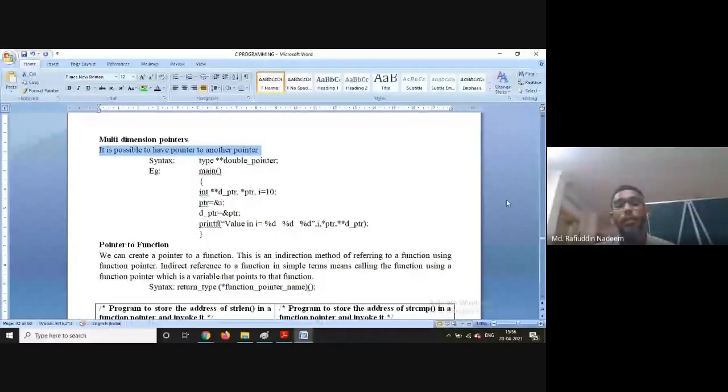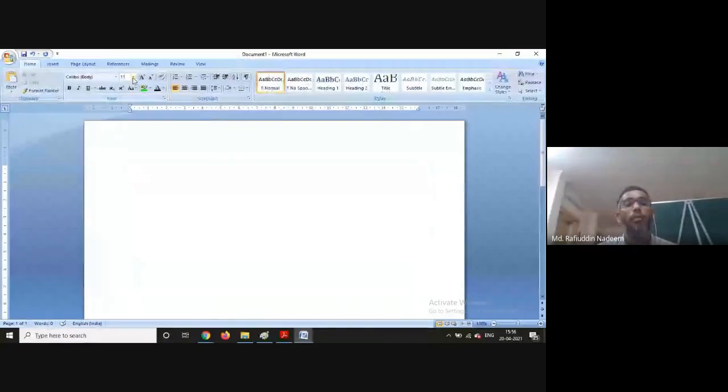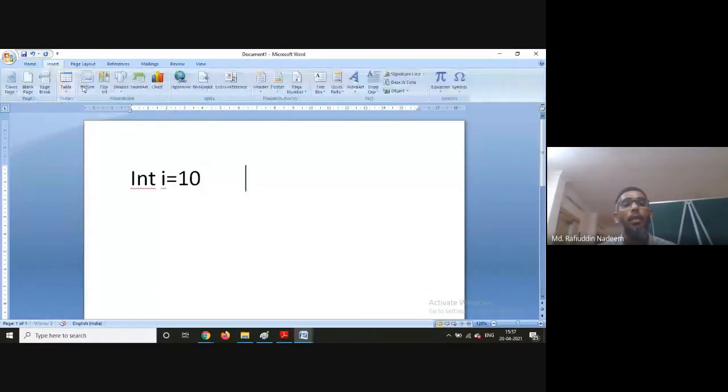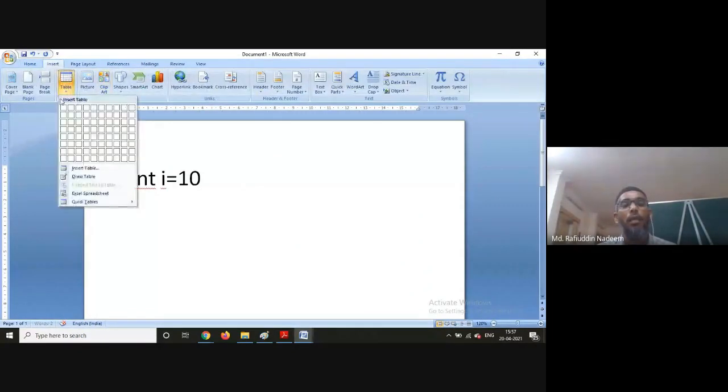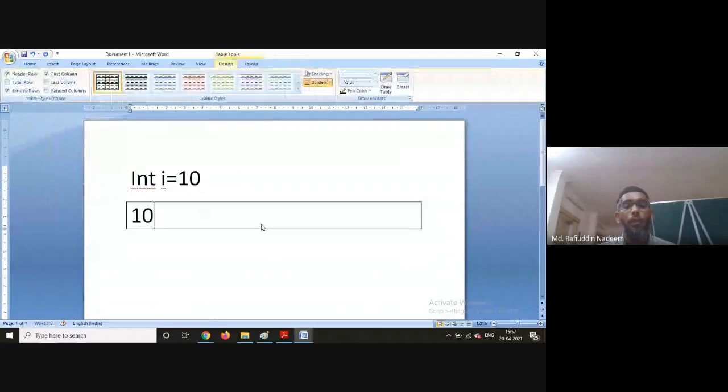In the sense, for instance, you already have, for example, int i equals 10. So there is an element i which contains 10.